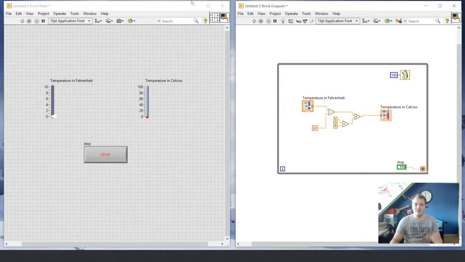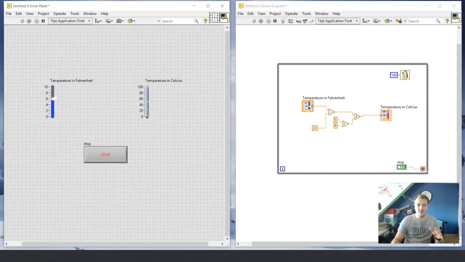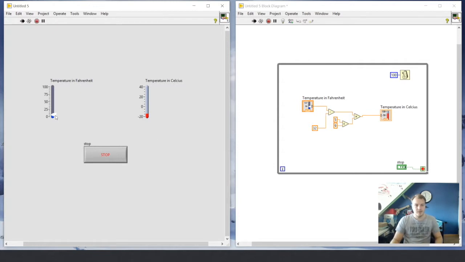And if I run this program right now, then you know that even though nothing is changing, by the way, I need to change these values. Alright, so you know that even though I'm not changing any values in temperature in Fahrenheit, it's still calculating the conversion 10 times a second,